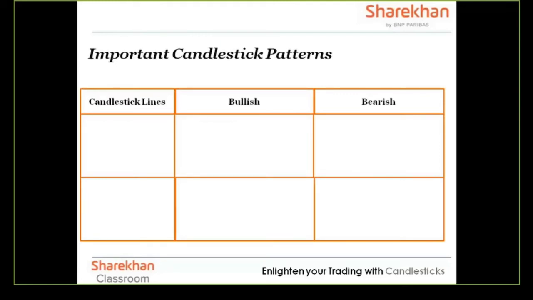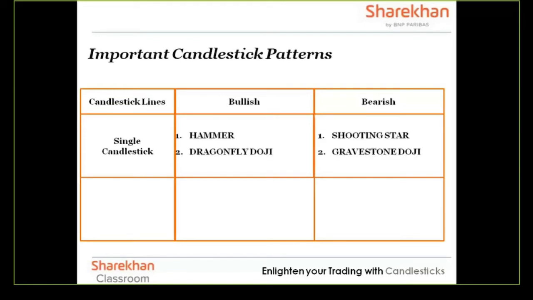Now, friends, let's look at some important candlestick patterns. Patterns are nothing else but the interplay of the characteristics which we discussed while discussing candlestick psychology: the color, size, and shape of the candle, the tails. If you combine all of them together, a candlestick tells you whether it's likely to take the prices up or down going forward. And that's how we get the candlestick patterns. If it requires only one candlestick, it's called a single candlestick pattern, which can be hammer, dragonfly doji, shooting star, or gravestone doji.